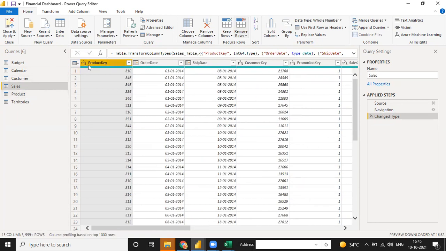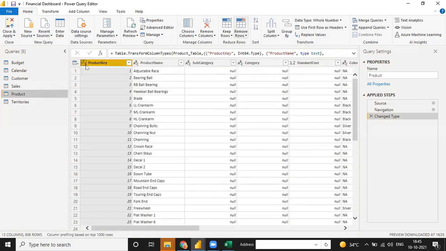And if the sales table is numerical and the product table is a text value, then even if the relationship is connected, your values are not located correctly in the visualization. So that is the reason that for every data set we have to check the data type first, and then load the data set into our Power BI.